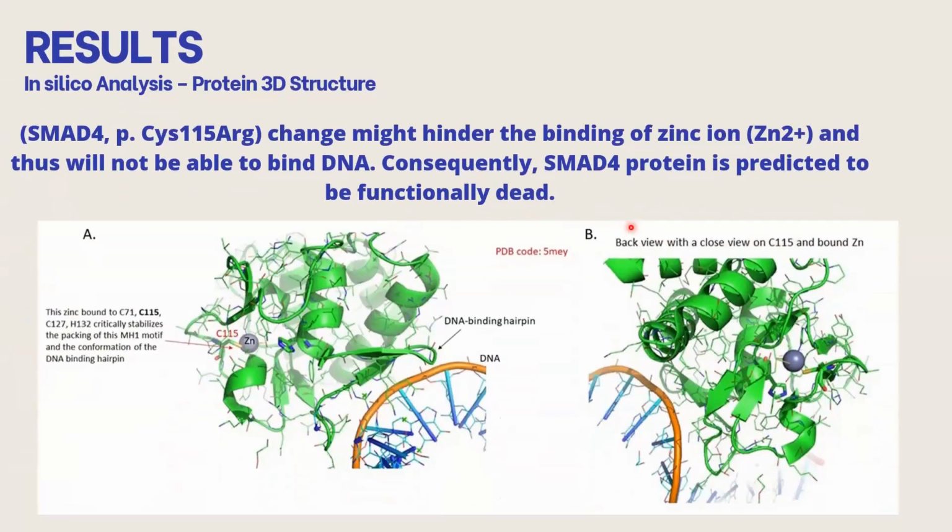So here, 3D protein structure visualization will help us understand more how this mutation will affect DNA binding and how deleterious it is. Here you have the zinc. It is bound to C71, C115, which is mine, C127, and histidine 132. This zinc finger critically stabilizes the packaging of this MAD homology 1 motif and the conformation of the DNA binding hairpin. Consequently, the SMAD protein is predicted to be functionally dead